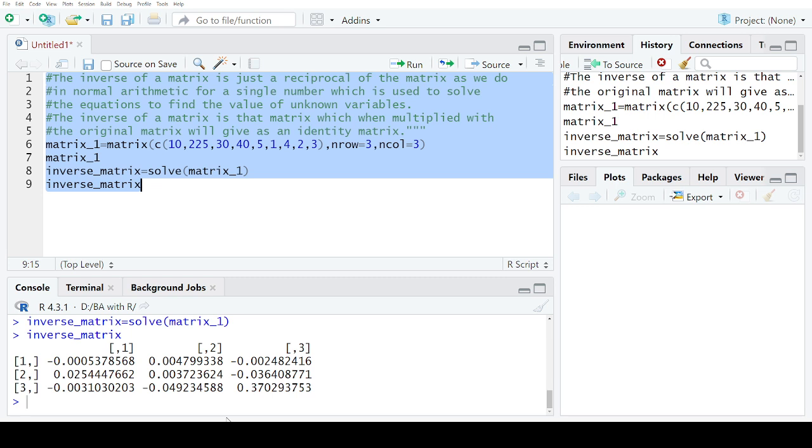So we understand that if the elements of the matrix are such that the determinant of the matrix is equal to 0, in that case we cannot calculate the inverse of the matrix. It is for calculating the inverse